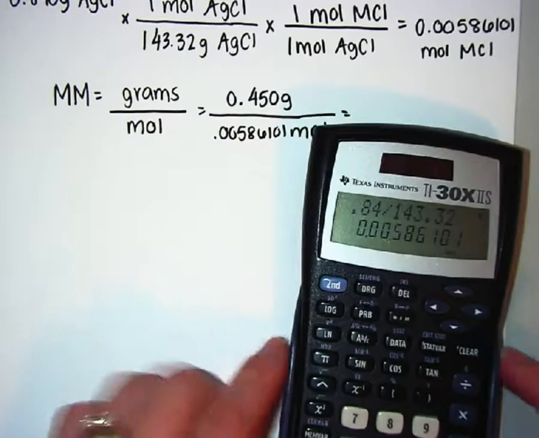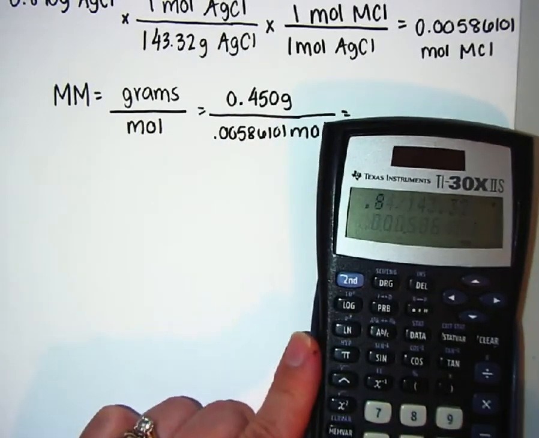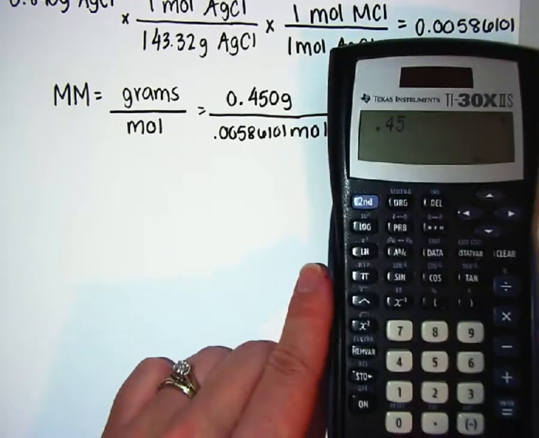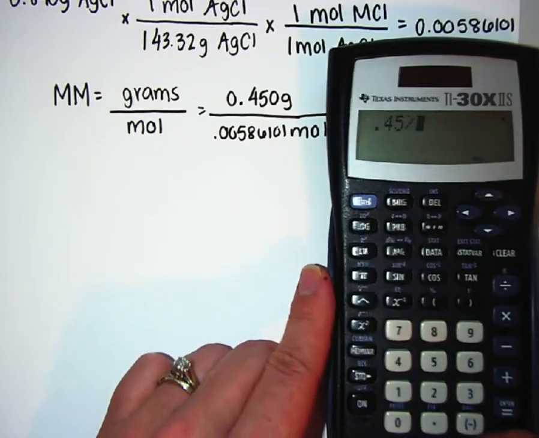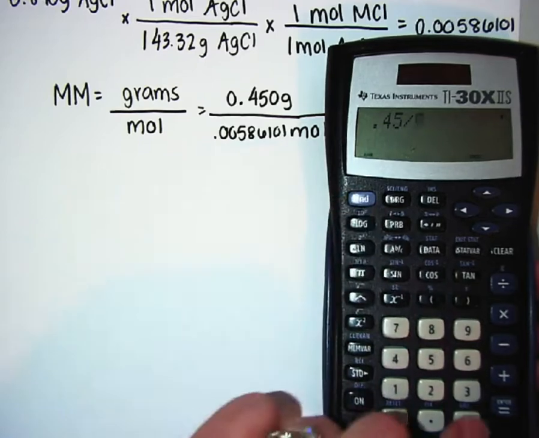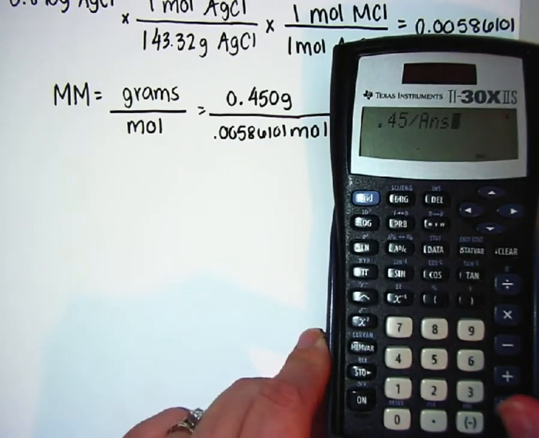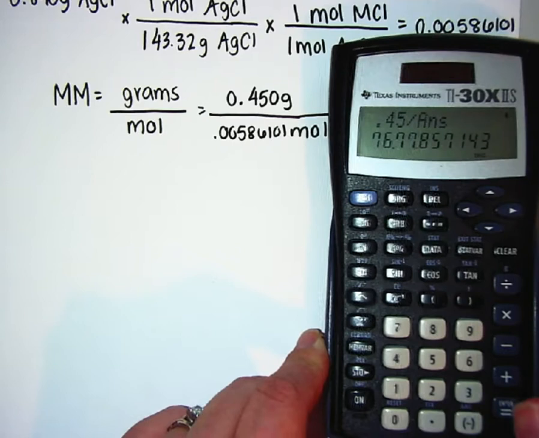Again, best way to put this in your calculator, don't clear this, just type in 0.45 divided by second negative to get that answer. And I get